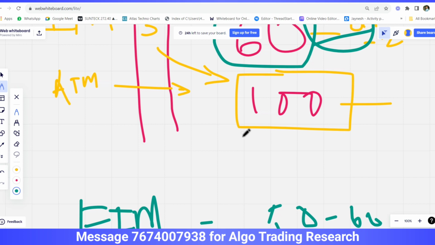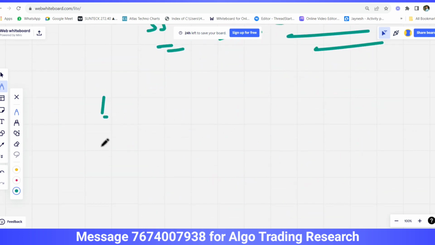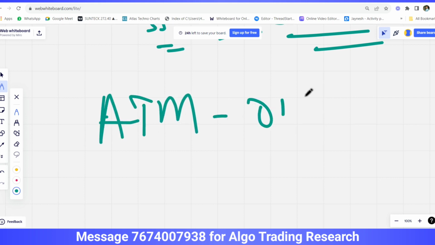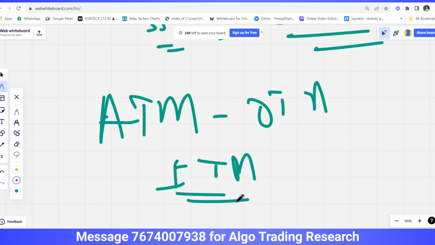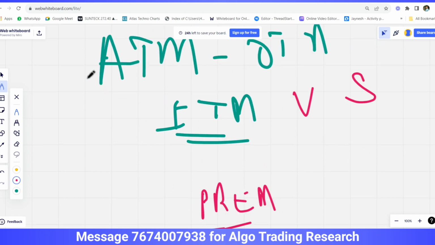whenever you are trying to trade any kind of option buying strategies, that it should not go too out of the money, and it should not go too in the money. It should be trying to be consistent near at the money strike price. Now, what is the issue of using ATM, OTM, or let's say ITM strike prices versus premium based? What is the problem here? Can anyone tell? If I'm choosing ATM every day versus I'm choosing premium based strategy every day,